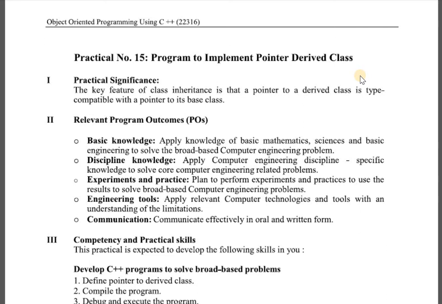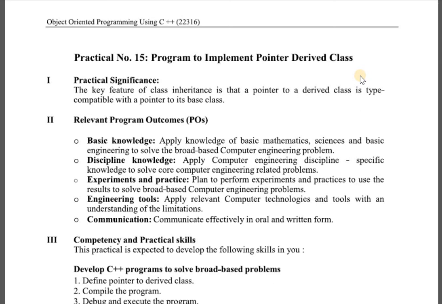The pointers in C++ can be used with the objects of the base classes or derived classes. The pointer to objects of a base class are type compatible with the pointers to object of a derived class, thus allowing a single pointer variable to be used as a pointer to objects of a base class and its derived class.